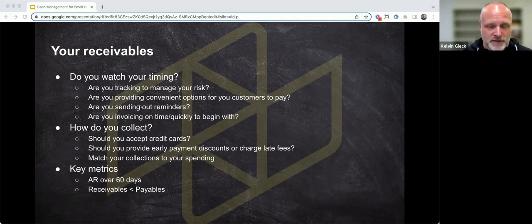So at the end of the day, what are some key metrics that you want to watch out for when it comes to AR? We've got two listed here that are pretty key, and these tie in with what we were talking about. One of them is receivables over 60. When you talk to banks, banks typically won't lend you money on receivables that are over 90, because they are considered uncollectible. Auditors, whether they're an accounting firm or the actual government, will typically challenge you on those in the same way as bad debts, because that's how they view them.